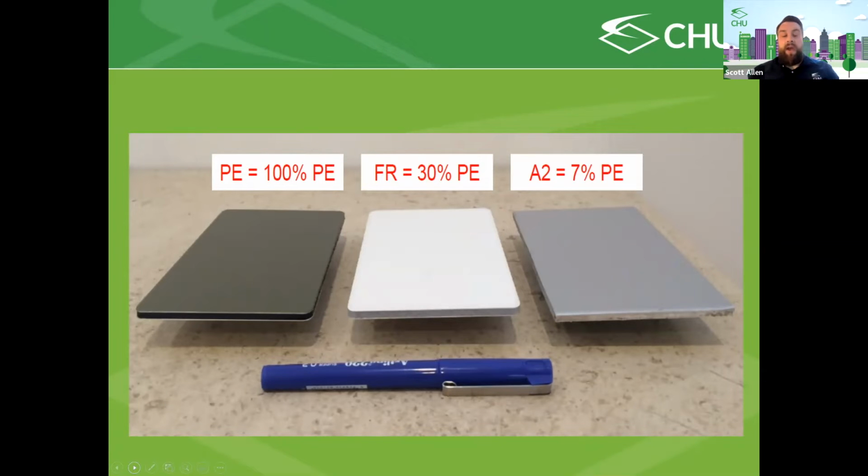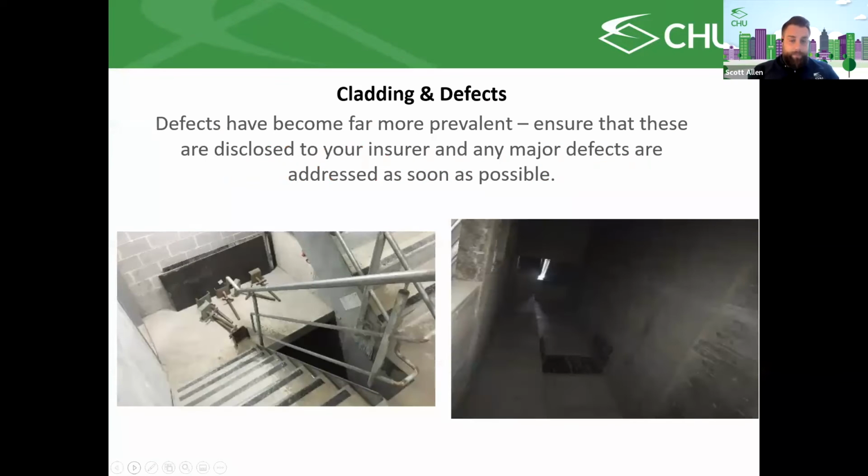Twenty years ago, things were built of weatherboard or brick or concrete, and if you wanted to know what a building was made out of, you would just look at it and go, well, yeah, that's brick. If you have these panels up in front, they might be green, blue, they might have some big image on it, but you would never know what was in between without doing some investigation. So that's the reason why the insurers ask so many questions around them.